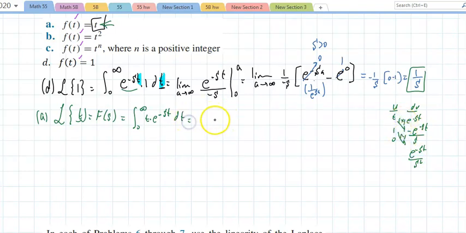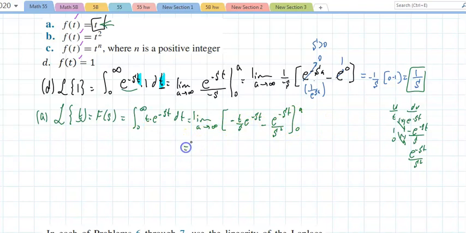This is going to be the limit as a approaches infinity of negative t over s e to the negative st, minus e to the negative st divided by s squared, evaluated from 0 to a, and that is going to yield the limit as